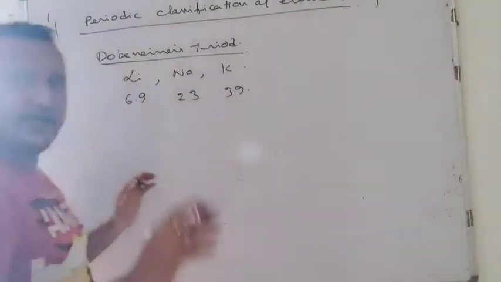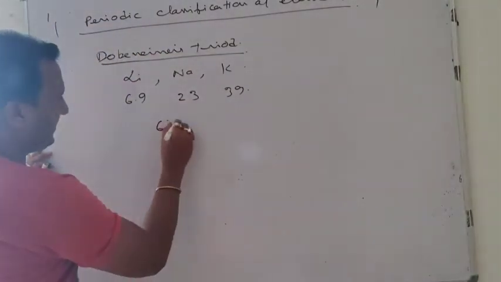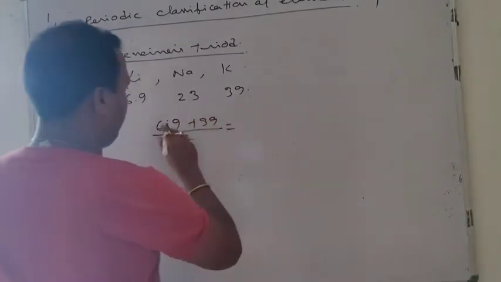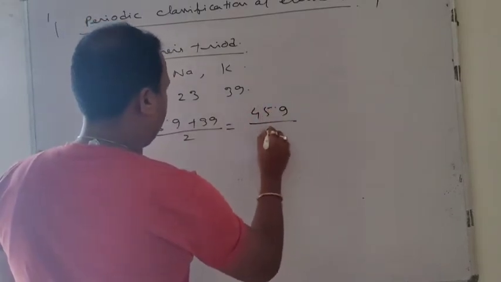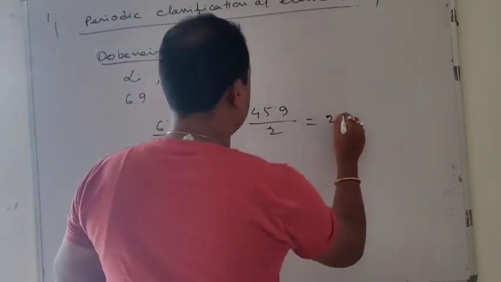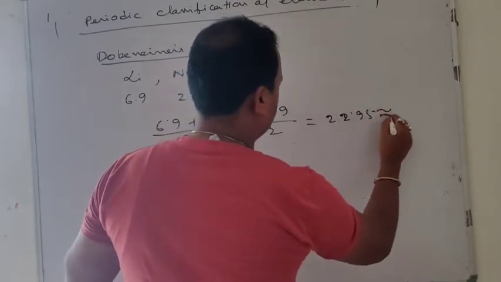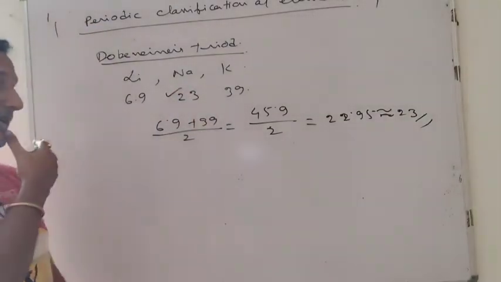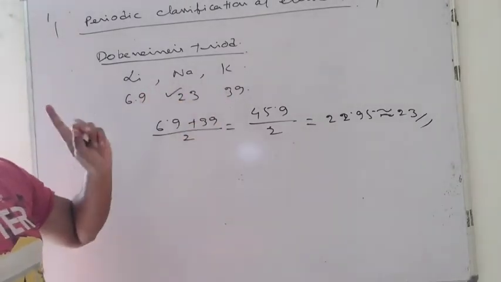Now if you take the average of first and the last element, that is lithium, 6.9 plus 39 divided by 2 is equal to 45.9 divided by 2, which is 22.95, that is almost 23, that will be equal to sodium. That means the average of the atomic masses of first and last element is equal to